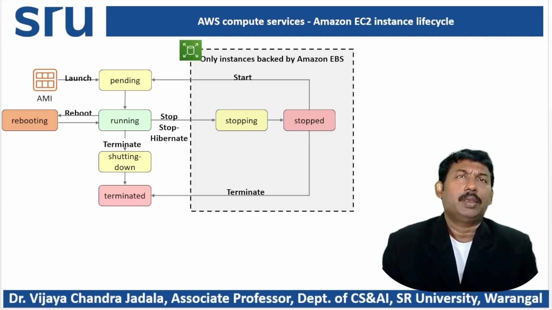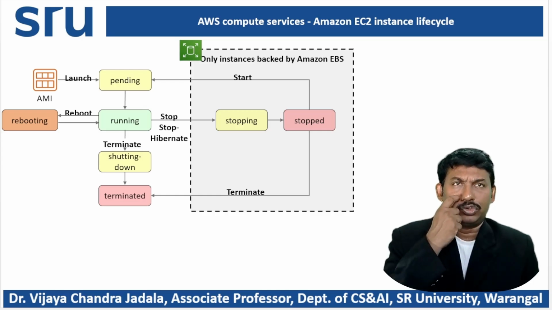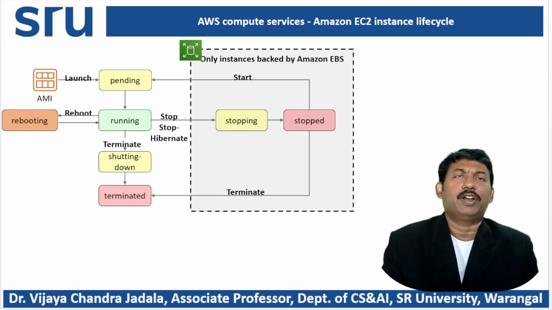Then from running to stopping, it goes on to the termination process. So these are all the contents that are part of the AWS Amazon lifecycle. It is the background process